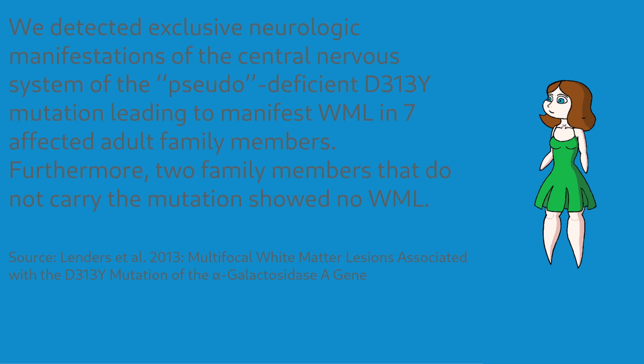Then, in 2013, we have a paper regarding white matter lesions and the D313Y variant. White matter lesions are a kind of mild brain damage that shows up as white spots on an MRI. All 7 D313Y patients included in this study had them, and the 2 family members without the mutation didn't. White matter lesions aren't as bad as acute renal failure, and almost all old people have them, but they're not nothing either. So, is the D313Y variant maybe less neutral than some had expected?